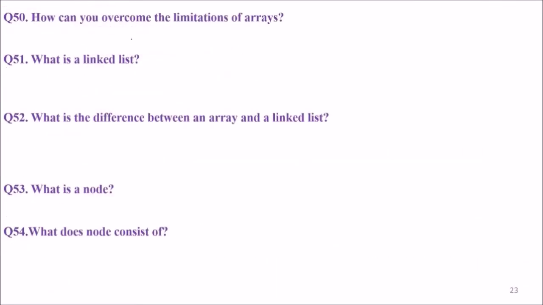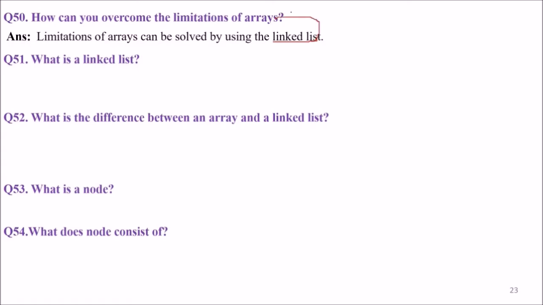Now the next is how can you overcome the limitations of arrays? You can use the linked list data structure, which solves many of the problems of arrays. The only problem with linked list is it is somewhat more complicated than arrays, and the search is only linear. In arrays, you can easily retrieve an item with order of 1, that is constant time. Linked list occupies more space. But the limitations of arrays can be mitigated by linked list.